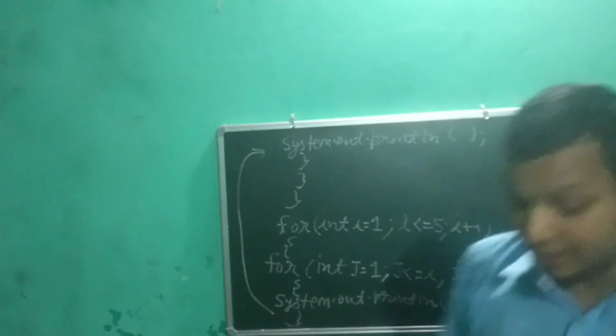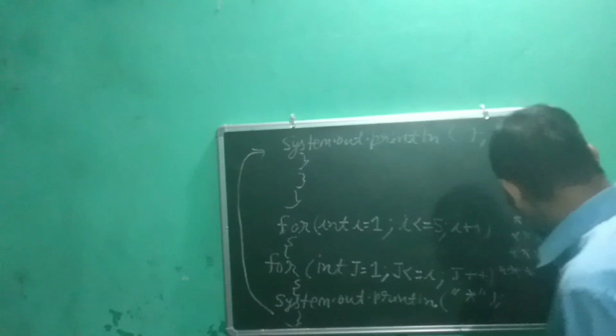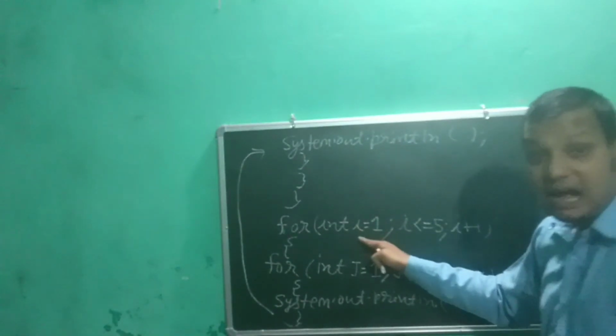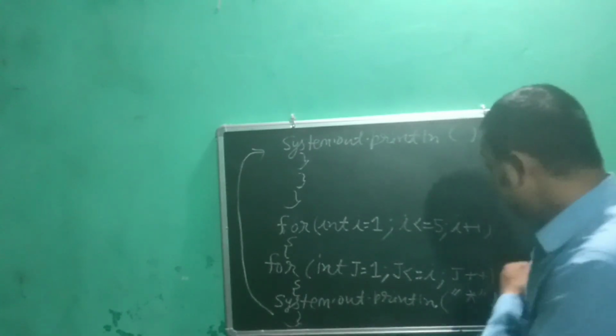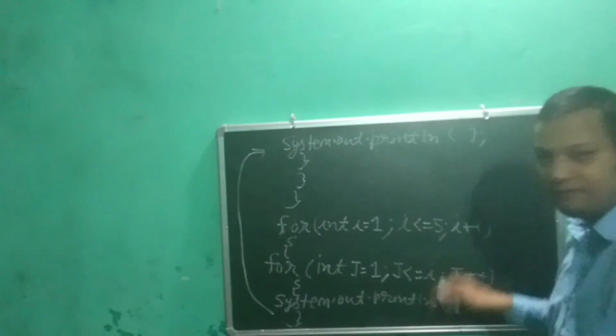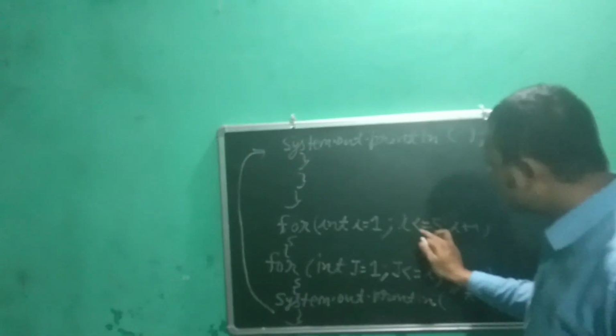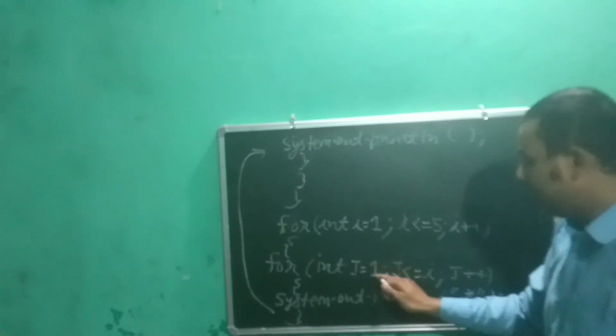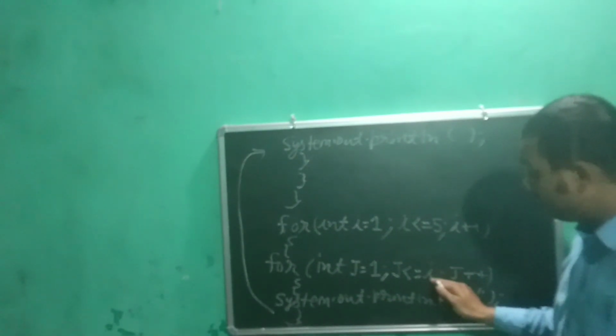Okay, now let's understand how we are printing it. The printing pattern has to be understood. Our work is done, but we need to understand. int i = 1. Condition is true. 1 is lesser than 5. If 1 is lesser than 5, go for the second loop. int j = 1. j is lesser than or equal to i.